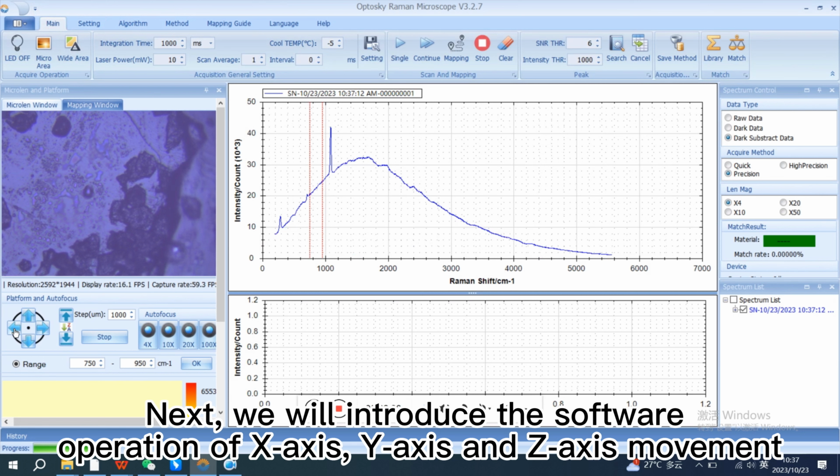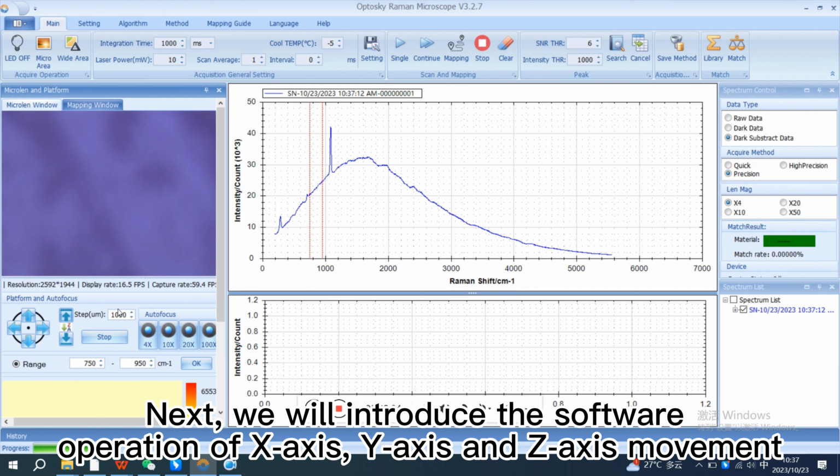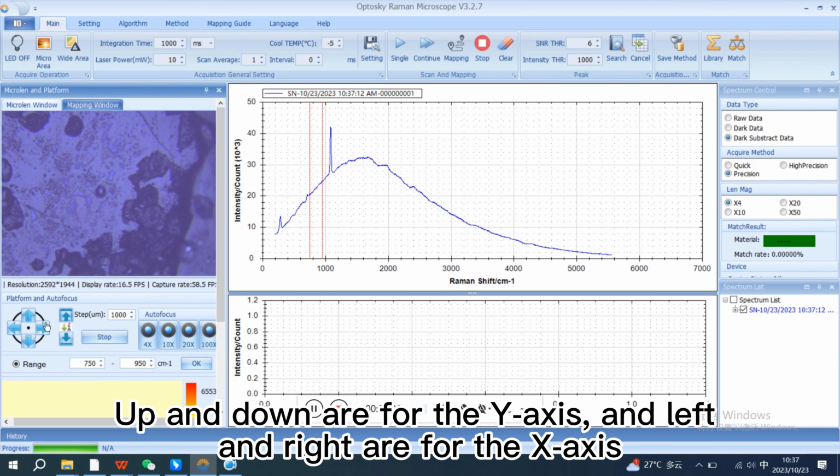Next, we will introduce the software operation of X-axis, Y-axis, and Z-axis movement. Up and down are for the Y-axis, and left and right are for the